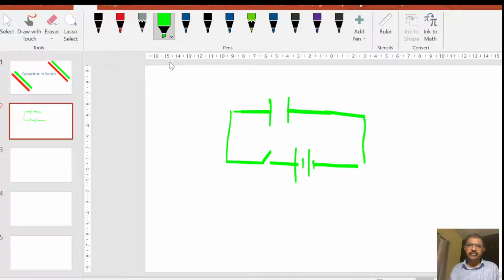First I am taking the example of a single capacitor. Initially, you know that this is the positive terminal of the battery, and this is the negative. As I switch on, initially there was no charge on this capacitor, but the positive terminal of the battery will attract electrons from this plate. If it attracts the electrons, then it will acquire a positive charge, and this is the negative terminal, so this plate will become negatively charged. So indirectly you can say flow of electrons starts in this direction, and a continuous flow of electrons is taking place. That is the single capacitor case we took.